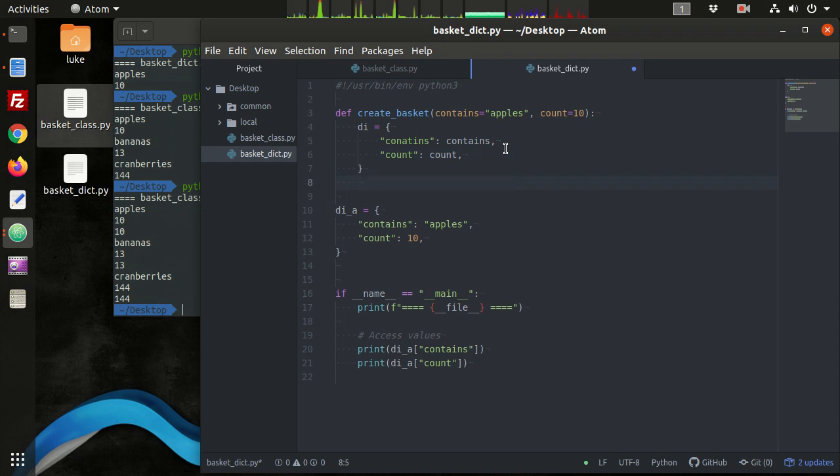Okay, then we want to just simply return this dictionary. So this is going to be equivalent to our initializer or our constructor in the class version. All right, so what we can do is we can get rid of this,